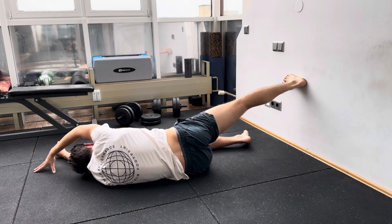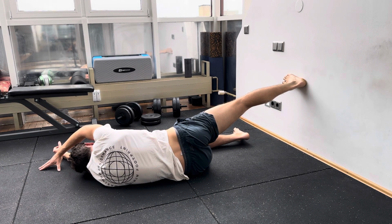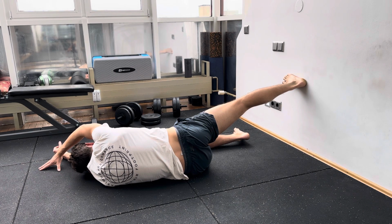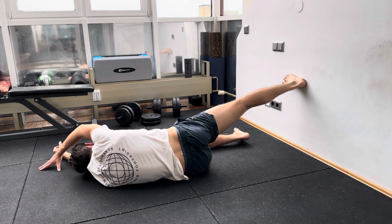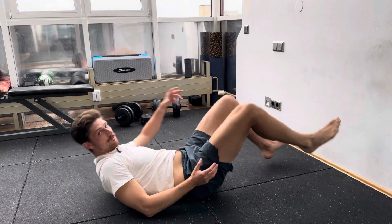Inhale. Really open that up. Exhale, push a little bit harder. Inhale again. Without losing the pelvis position, exhale. Push a little bit harder, and you start to see that glute, or feel that glute starting to really light